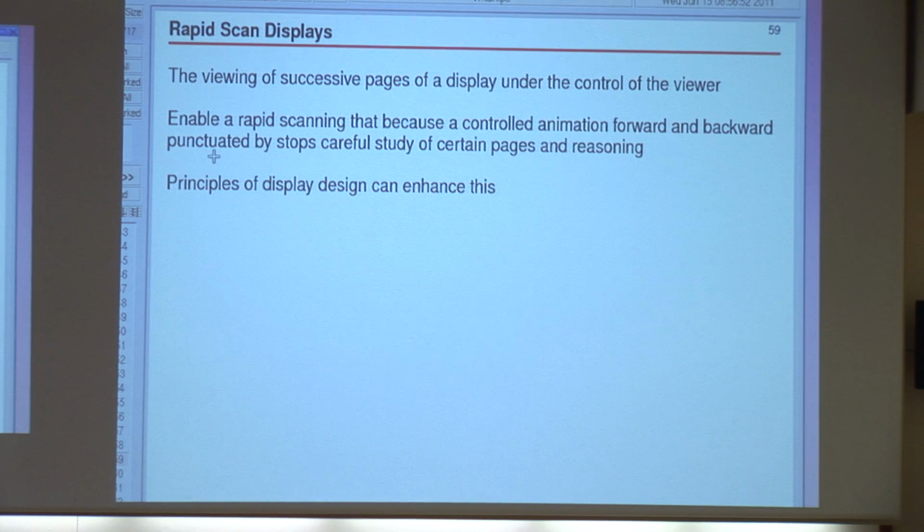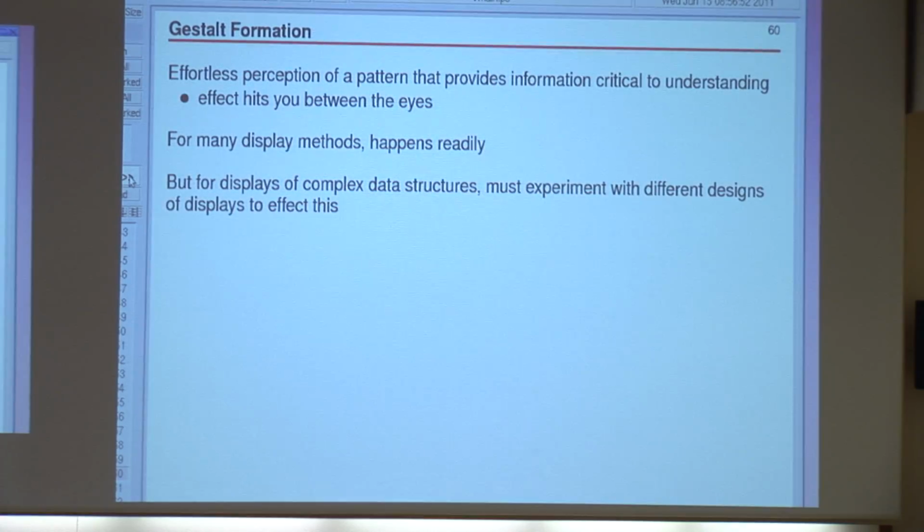is that as you navigate through the display, it's under the control of the user, so you go through the pages. But nevertheless, you carry out what in effect is an animation. You go through fast enough that you call it animation, except that it's punctuated with stops. In other words, you go through and then suddenly you see something and then you think about it. Or you stop and you think. You think about what's going on. Now again, the principles of display design become important. And what has to happen is that